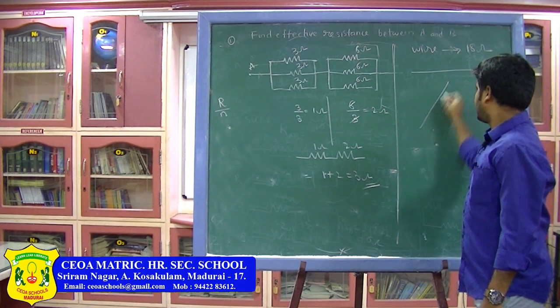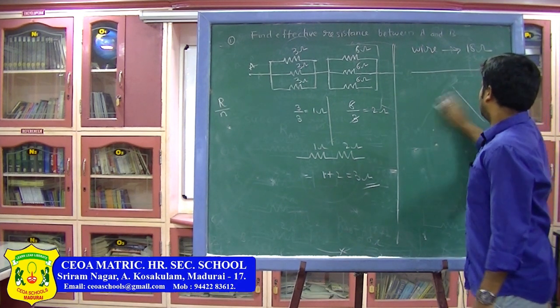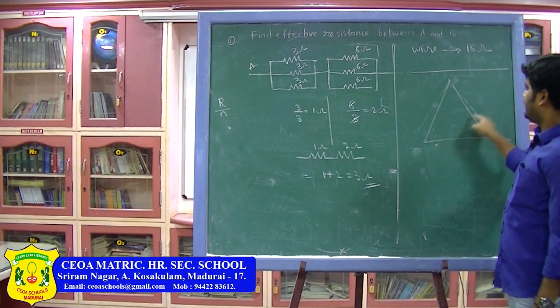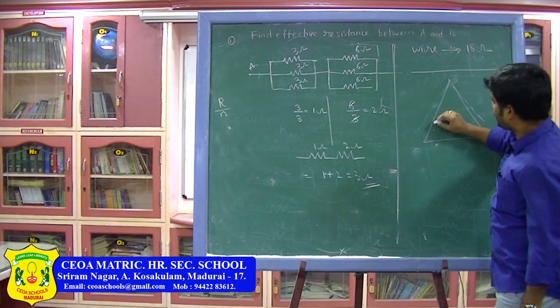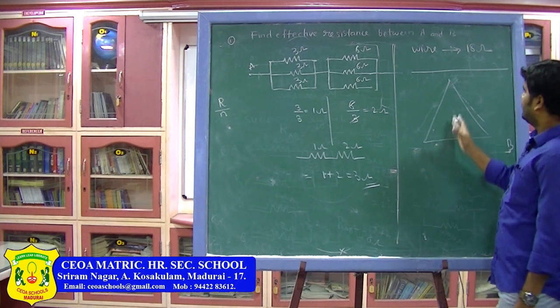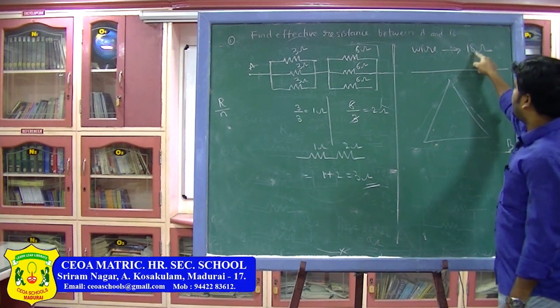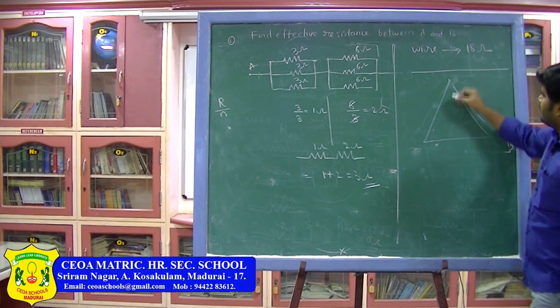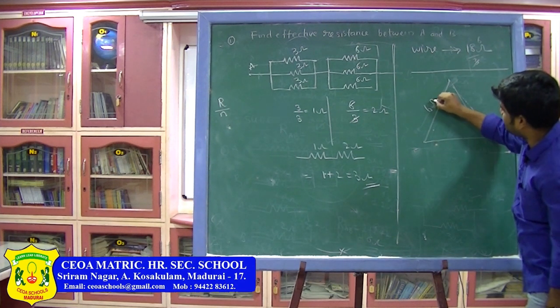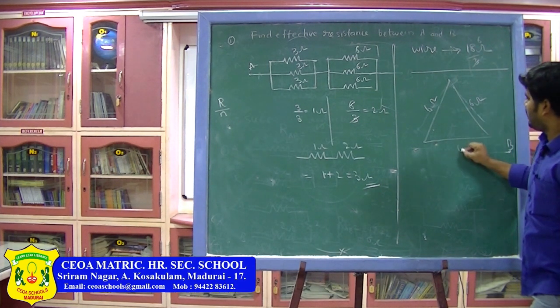So this is an equilateral triangle. That means each side of the triangle is equal to a resistor now. Because an equilateral triangle is nothing but all sides equal. So if you divide this into 3 equal parts, each 18 by 3 will get 6 ohm. That means each side resistance will be 6 ohm, 6 ohm and 6 ohm.